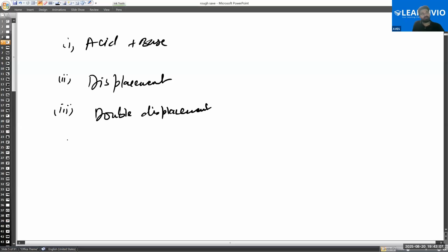Okay. And another type of exothermic reaction is combustion. Generally, most of the combustion reactions are exothermic. So combustion. Okay. And respiration. So generally these reactions are considered to be exothermic, such as dilution of